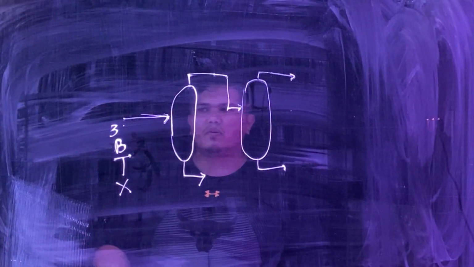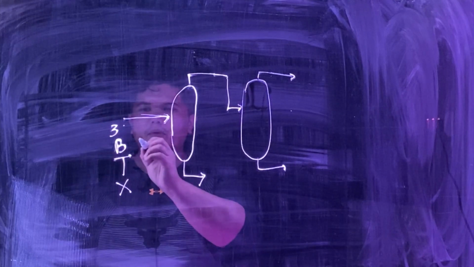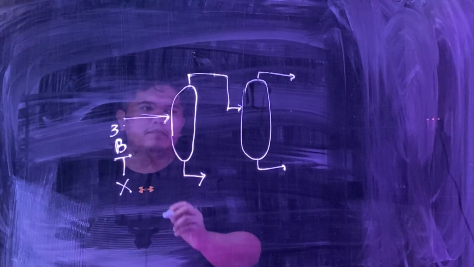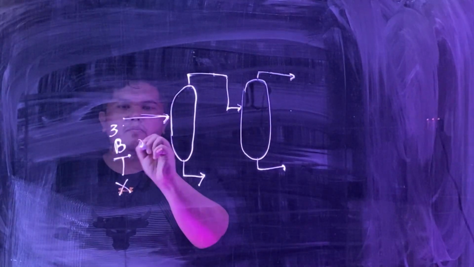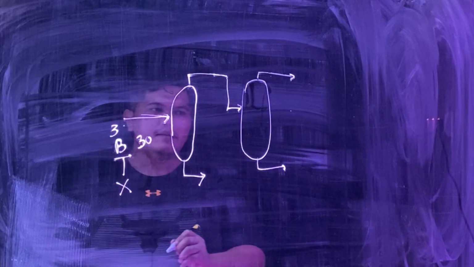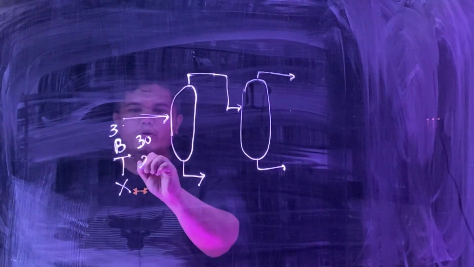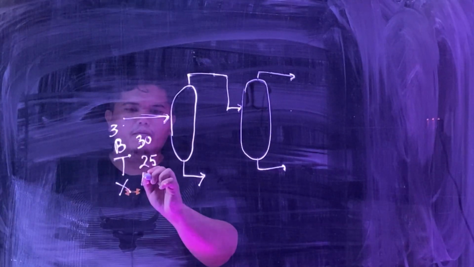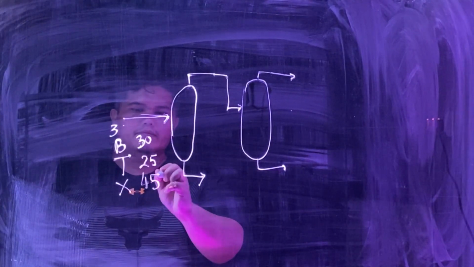So we have these three components that we want to separate, and we are informed that the benzene is 30 mole percent, and we have toluene of 25%, and we have xylene of 45%,